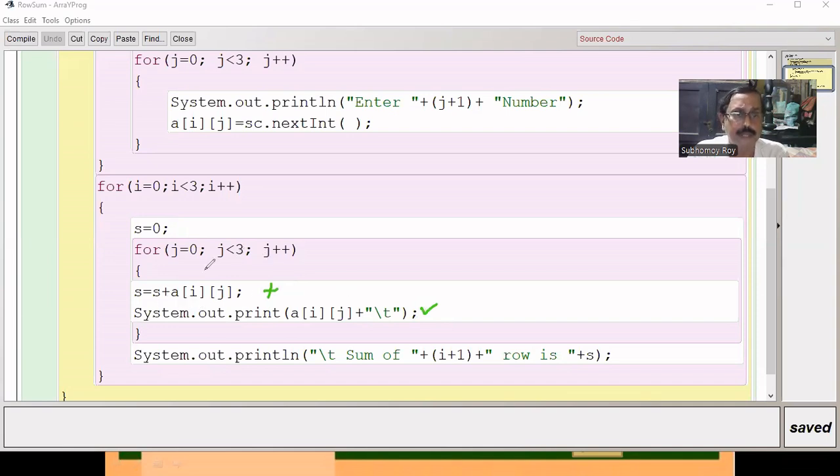Again we are going up again. So we are finding out the sum row wise. Once the row sum is over, we are displaying the sum of which row? The sum of the first row is s. We are going up again. Value of i will be 1. 1 is less than 3. Yes, we go inside, flush out the data stored in s,